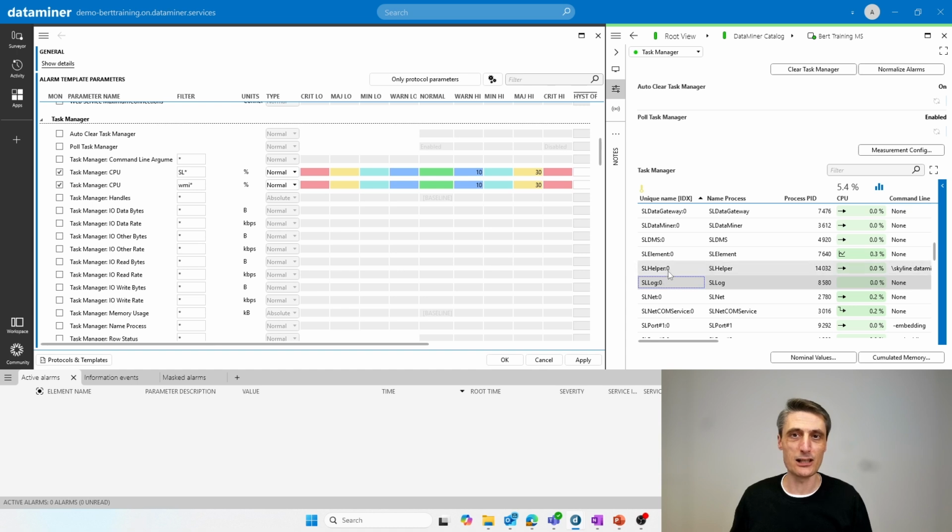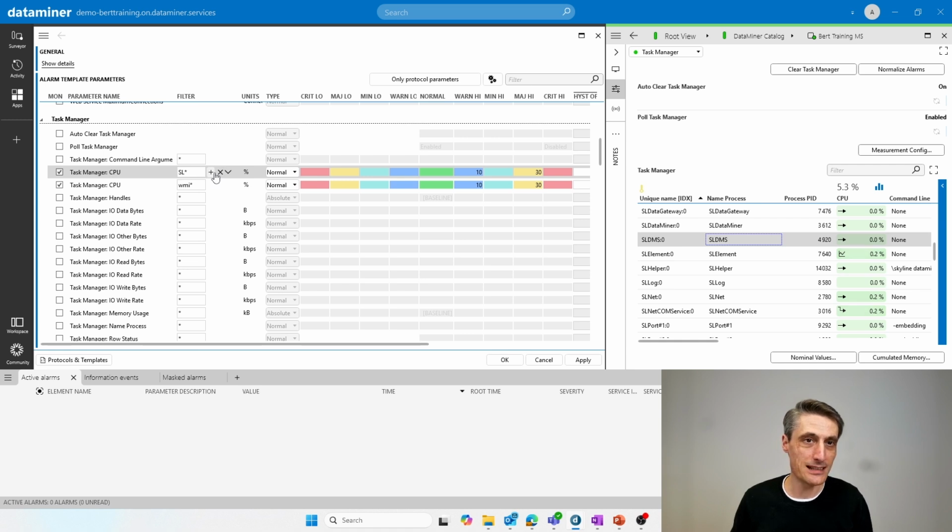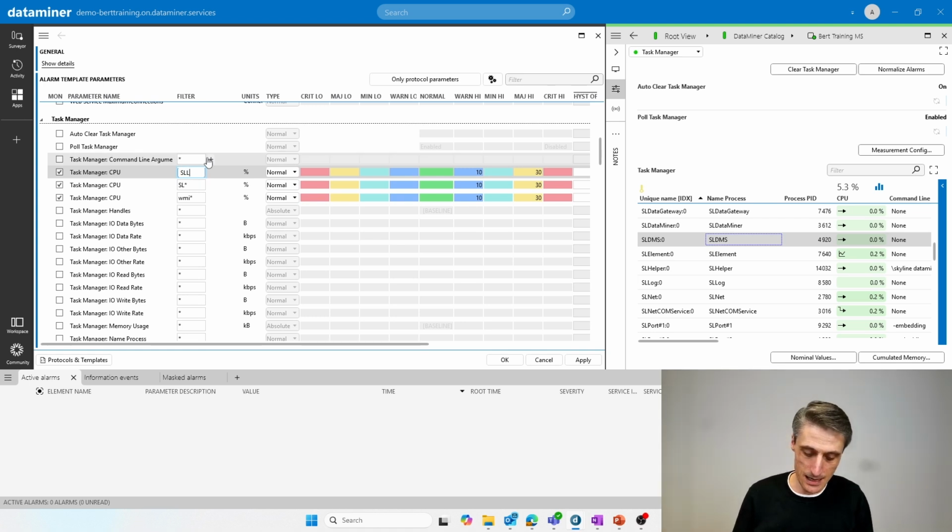Now let's go back to that special case where we have the SL log. The SL log doesn't have any trending. We also want to remove it from the thresholds here, or from the alarming. So therefore we need to put another row in there. And remember that